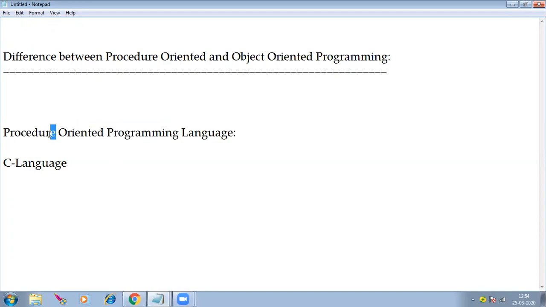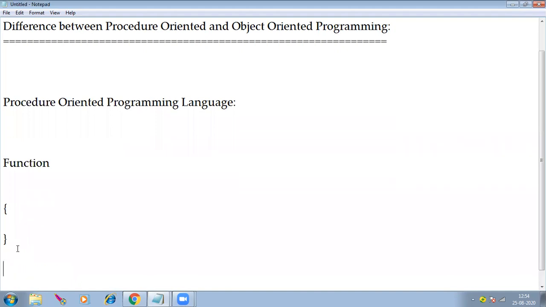See, the term procedure here means function. So function means generally a block of statements. Like generally we are going to define a set of statements or block of statements, and that is what a function is. We'll see further what a function is exactly. So procedure means function, and function means block of statements. Here we are going to define some statements, so this is what a function or procedure is.